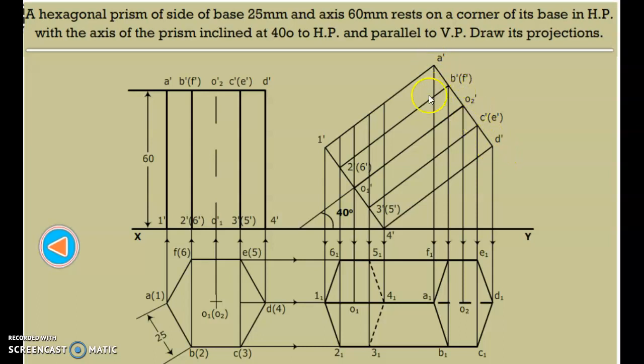So we will be drawing all the lines and then close the prism. So this will be your A dash. This point is B dash bracket F dash. Similarly this point will be B dash bracket F dash. This will be O dash. This point is C dash bracket E dash. This will be D dash. Am I right? So we have drawn this, and what we are going to do now is, the axis is inclined,